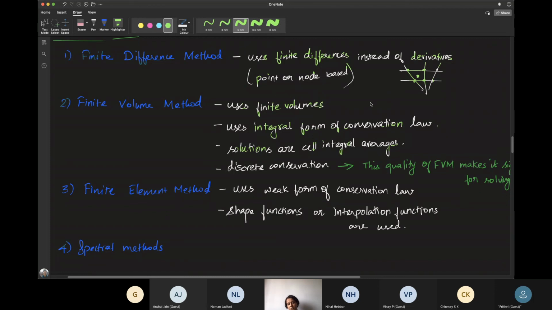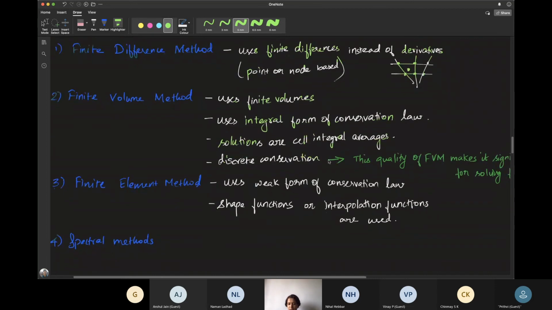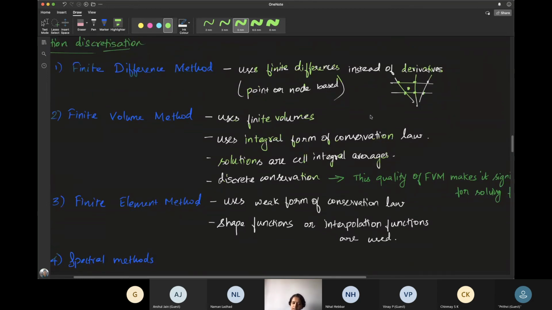That is, we have finite volumes. These volumes are known as cells, and the solution for each cell is an average. That is, we take an average of all U at each and every point in this cell, and that is the solution that you obtain out of this finite volume method. Also, this enables discrete conservation. That is, your PDE is in conservative form. Your variables, mass, momentum and energy, are conserved. When you look at the PDE, we can say that mass, momentum and energy are conserved.